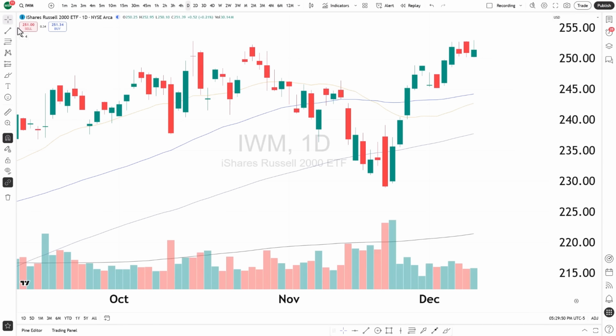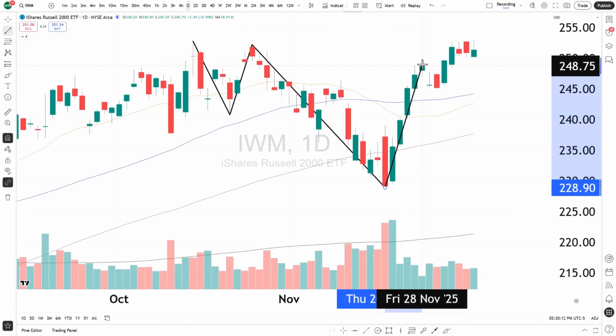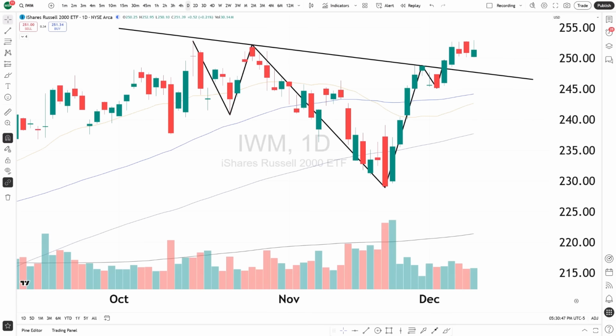But one other thing that I do see that catches my eye in Camp IWM, and this isn't going to be perfect, but it's kind of just the idea of it and trying to put together the puzzle pieces, is a very ugly inverse head and shoulders pattern. The reason why I say ugly is because usually we want to see symmetrical moves. As you can see, right here you have the left shoulder, this big area right here is the head, and then right here you do have a very small right shoulder.